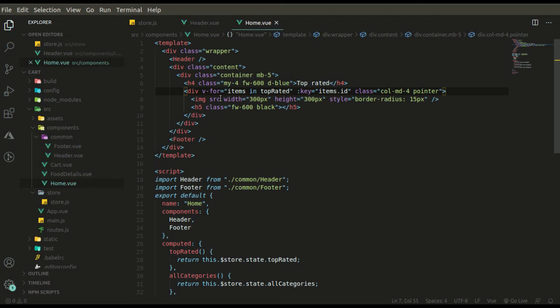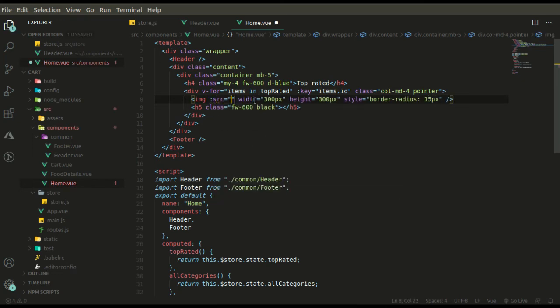This is it for now, because we will create our click handler later, because we have not yet written that component, that is food details. I hope it is clear.